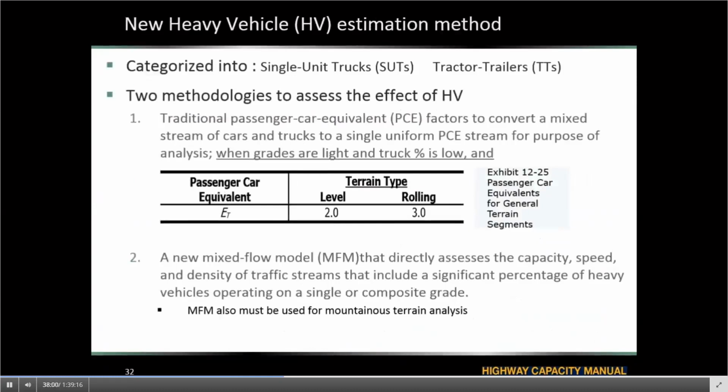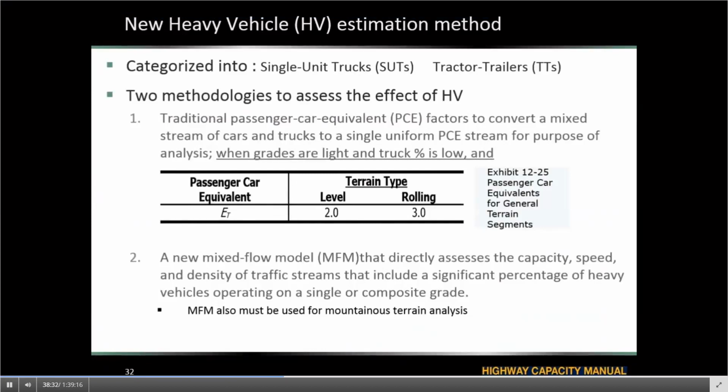All right, so another new material that we have in the new HCM is the new heavy vehicle estimation method. The PCEs that are in the HCM 2010 have been revised and have been changed in the new manual. Also, along with its adjusted PCEs, the new manual also provides a mixed flow model in Volume 4 for certain conditions that we have with trucks.